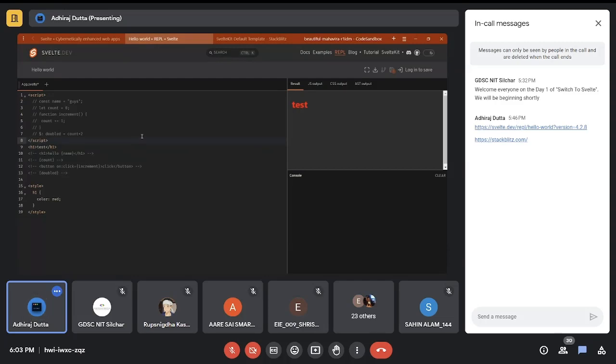Coming back, let's see how props are handled here. Let's make a component, or let's call it component. You can declare your props using the export keyword. Export let, let's say I,